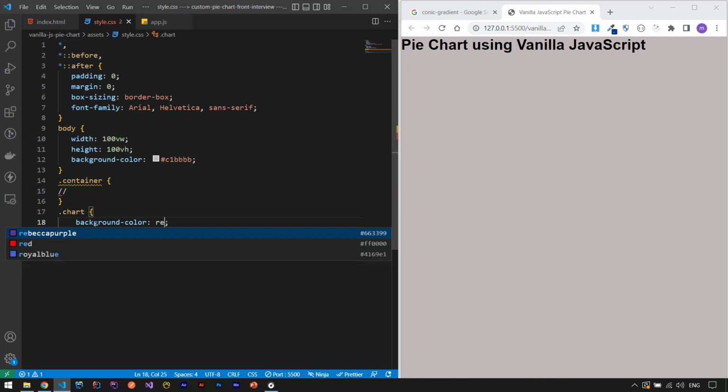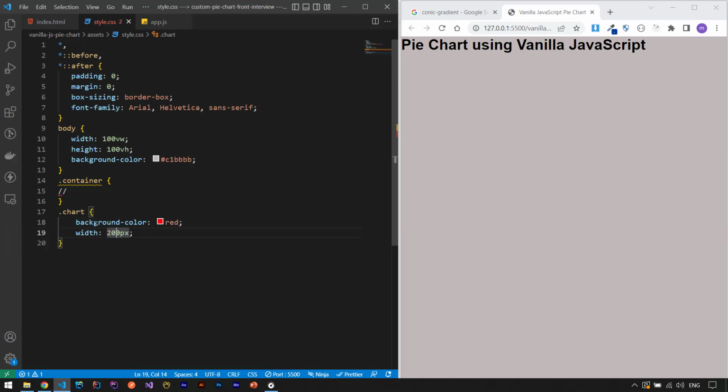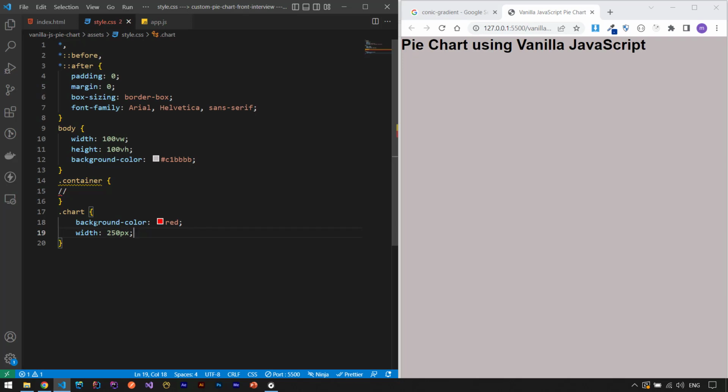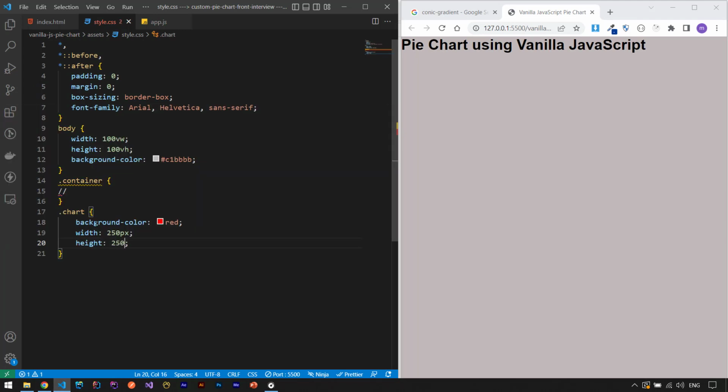I say background color, for example, let's say red, and we have 250, this is the width, and let's have a height of again 250 pixel. And you can see that this is my chart right now, but let's work on this and change it a